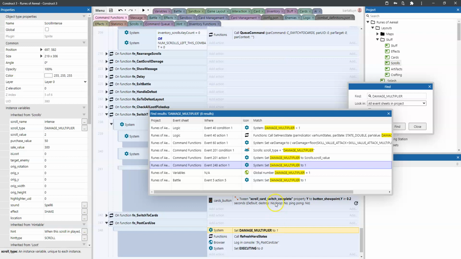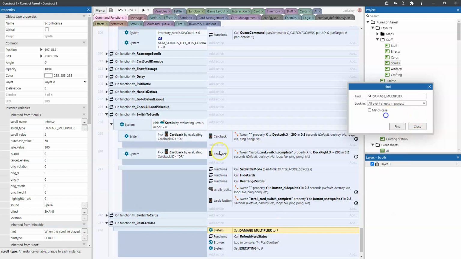Because if we reset the damage multiplier in the use card function, because the casting of the damage itself is in another function later, which will be called later in the command queue, the damage multiplier will already be reset to 1, and it won't work. So we actually need to queue that reset of the damage multiplier, so it's only done after the